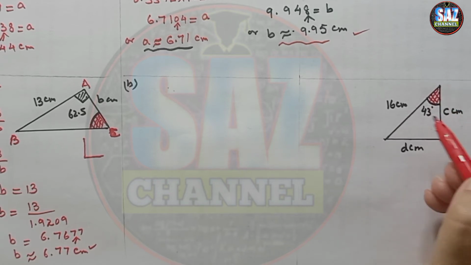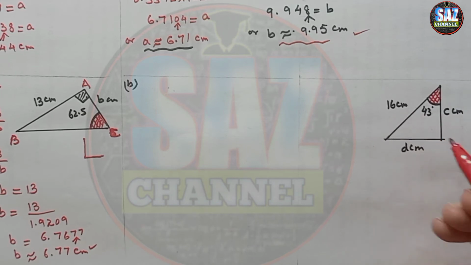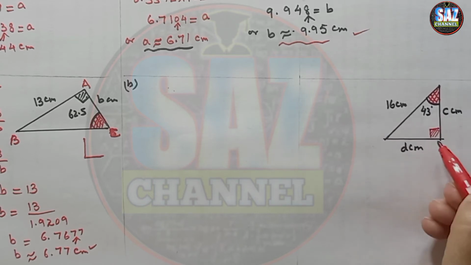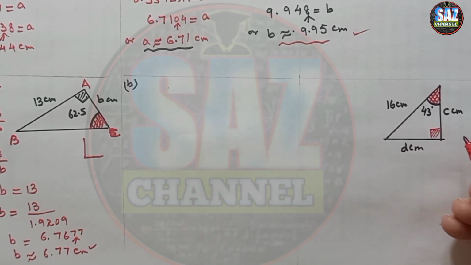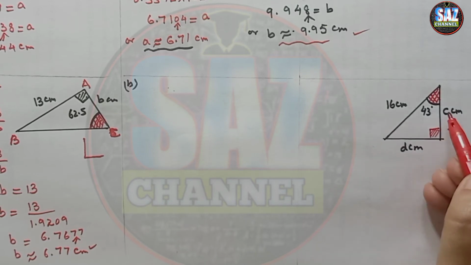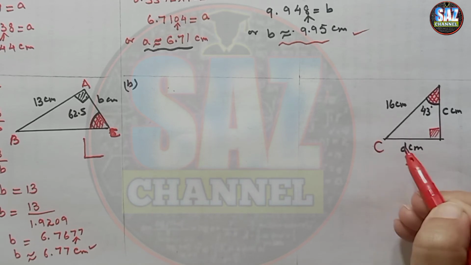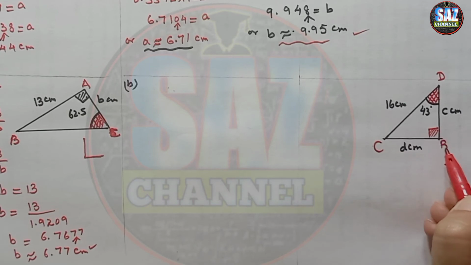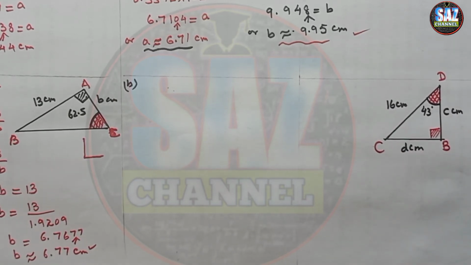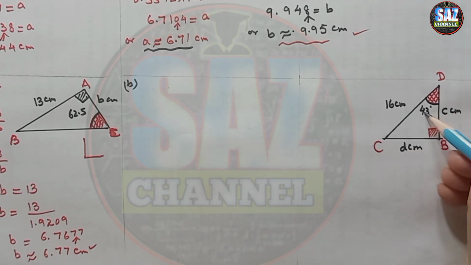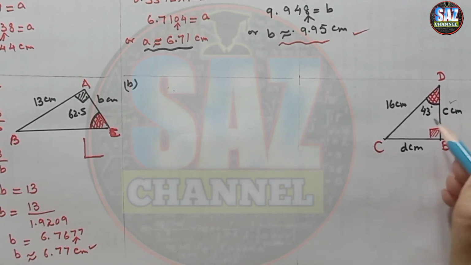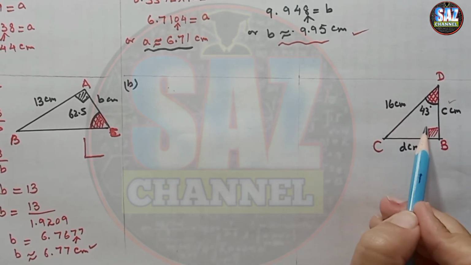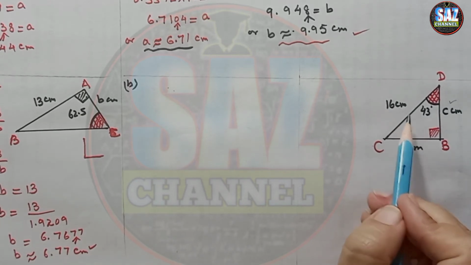One side is C, one side is 16 and the third side is D, centimeters, and here the given angle is 90 degrees. So first of all, mark the vertices according to the need of the question. Like if this is C, this will be vertex C, and if this is D, this will be vertex D, and we can choose B here. Now, with the reference of this acute angle, C is adjacent and D is opposite, and 16 is the side which is opposite to the 90 degree angle, so it's the hypotenuse.